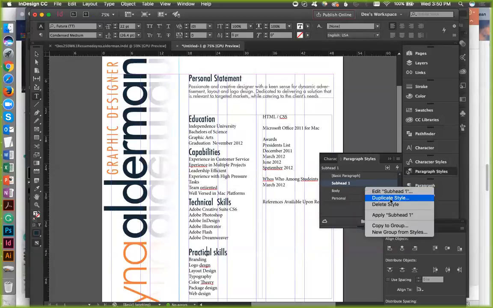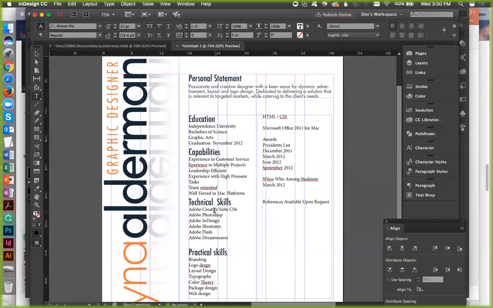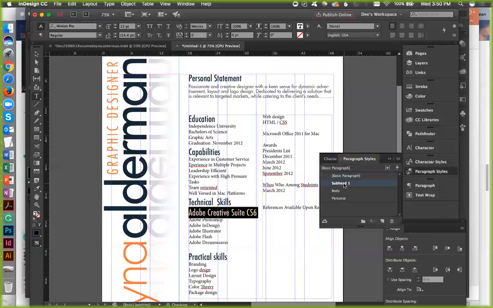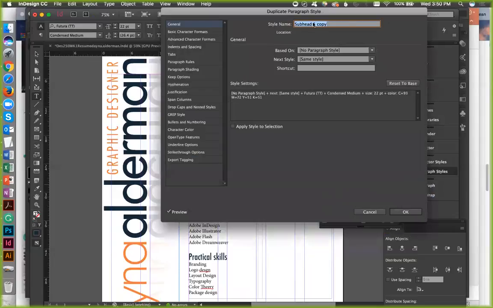I don't want to duplicate the style. Let's see, Adobe Creative Suite. Let me do. All right, I'm going to do a subhead 1. That's way big though. And I'm going to duplicate that. Subhead 2.